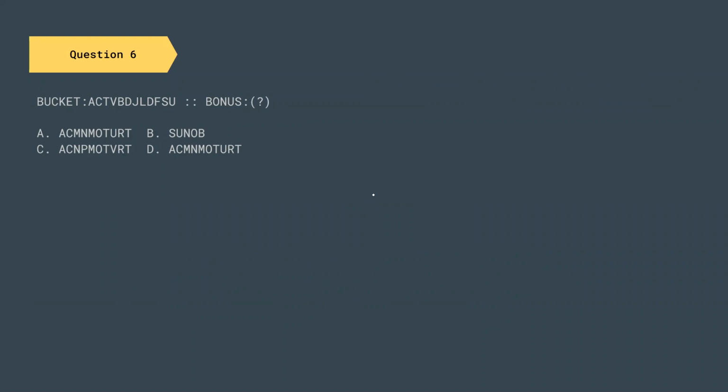So using the same logic, how can the bonus be encoded? You can see all of the options. Here we have B and it starts with A. So here we will have B and it is also going to start with A only. So this option is eliminated. Now let us go to the working of the question.